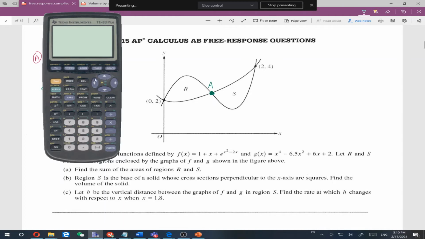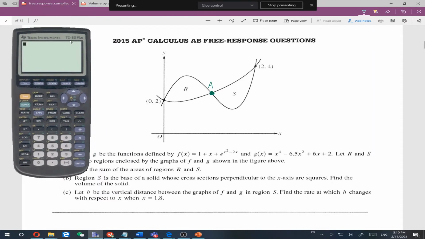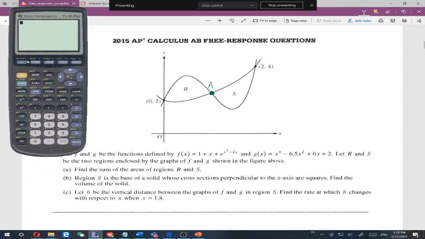if I want to start graphing functions, what do we need to hit first? So, what button? Y equals. Okay, y equals. I'm going to type in both of these functions, however, I'm going to move over to the left and change one of these to be bold so that we can figure out which one's on top. So I just moved to the left where this line is and hit enter, and that changes the way that we graph that line. Okay, so I'm going to graph 1 plus x plus e raised to the x squared minus 2